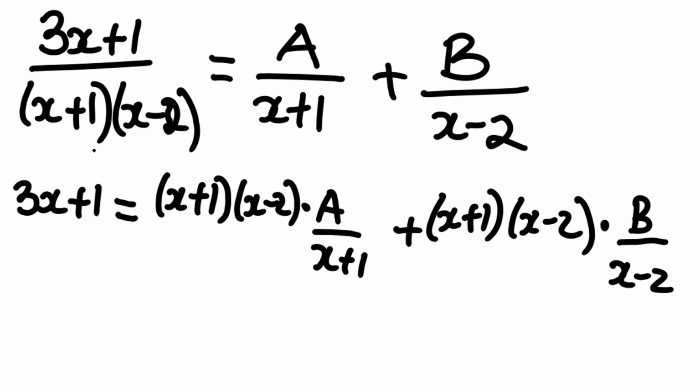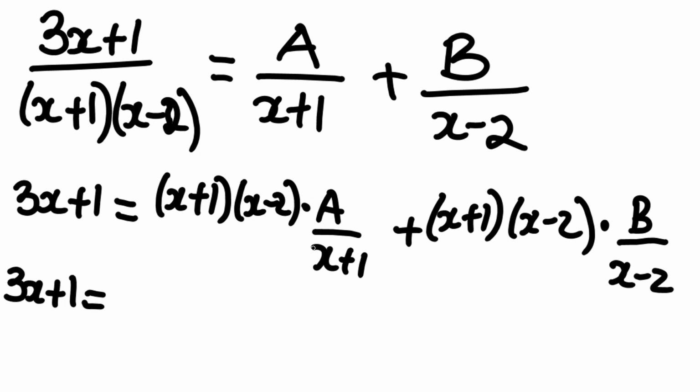What I did is I took this denominator here to multiply. It's as if I'm doing cross multiplication. I use it to multiply this term, and I use it to multiply this term. So that denominator is what I'm having here to multiply the term here, plus that denominator again to multiply the other term. Okay, so now at this stage, we keep this one, 3x plus 1